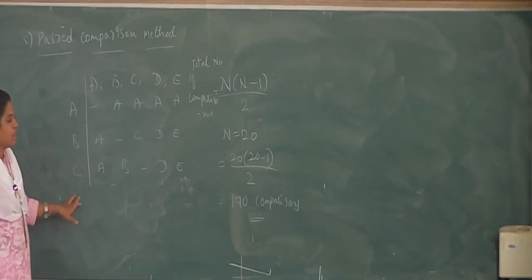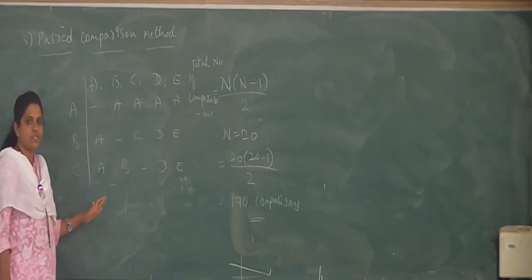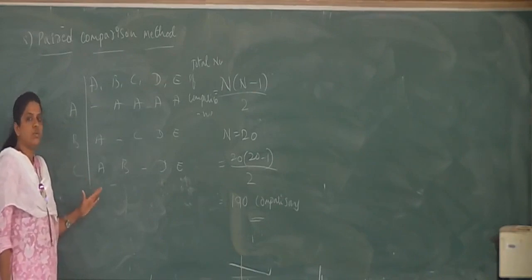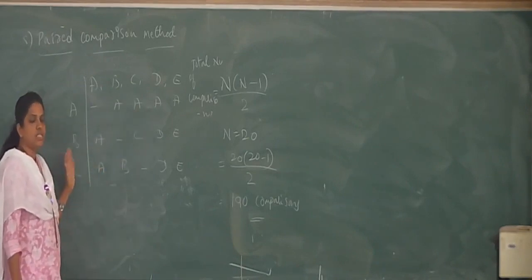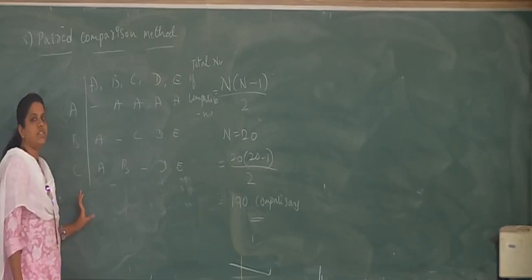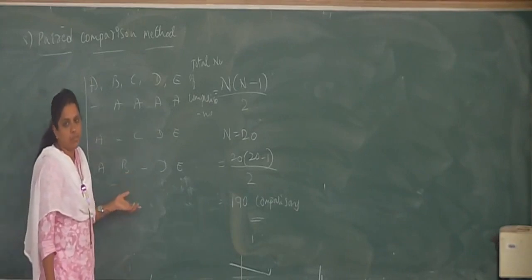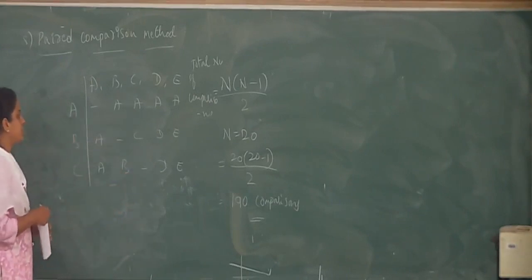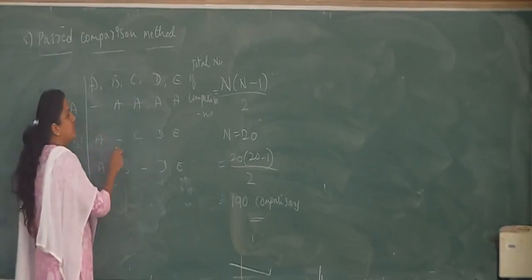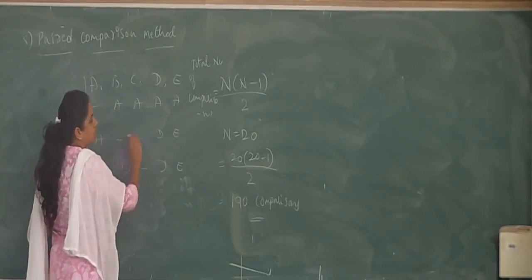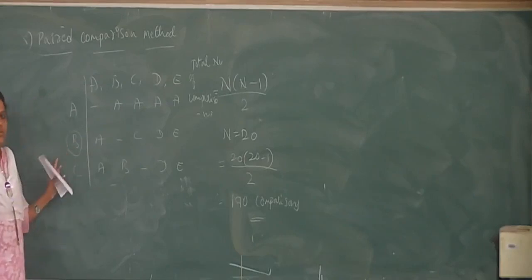Okay. So like that, even the incentives after the evaluation, after the appraisal, whatever the benefits they have to give, that also we can clearly get from this method. Okay. How much incentive is required, or how much incentive can be given to one particular employee. Okay. If it comes out that employee B is superior in all the job performances as compared with other employees, then he is going to get more benefits, or he is going to get more incentive.